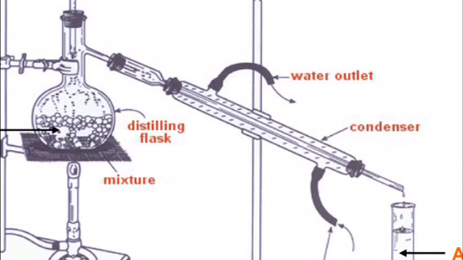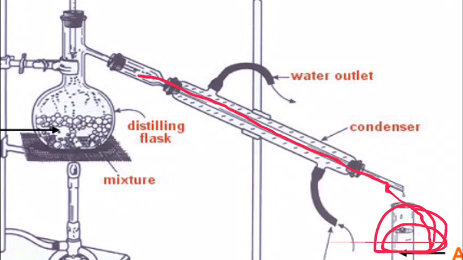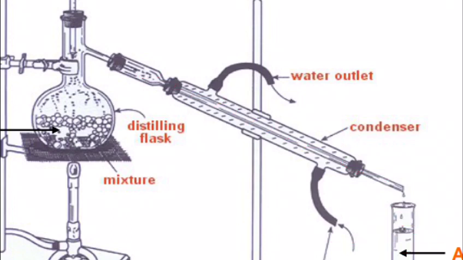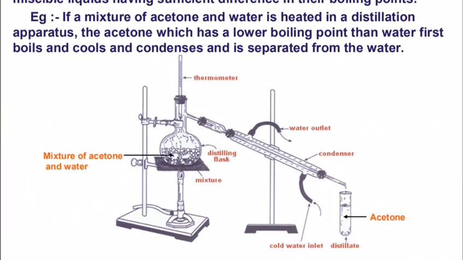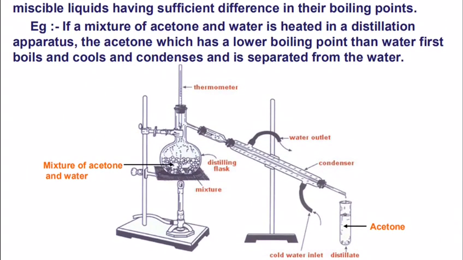So in this way the acetone vapors start rising, they go in the condenser, and they go in the middle pipe, and in the middle pipe these vapors are quickly cooled and condensed with the help of water, and they change into liquid and go inside the beaker. Is it clear? Okay, and then the remaining one inside the flask is the water. In this way the acetone and water are separated.